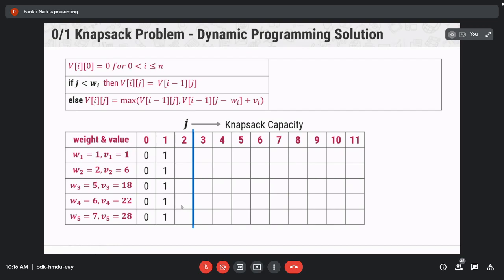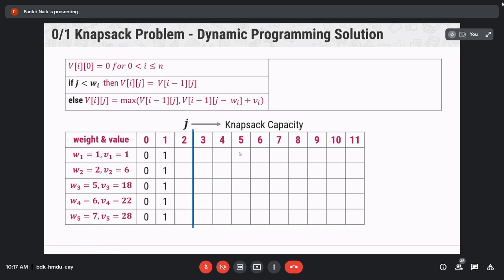For V12, I is equal to 1, J is equal to 2, Wi is equal to 1 and Vi is equal to 1. Is J less than Wi or greater or equal to Wi? Greater.